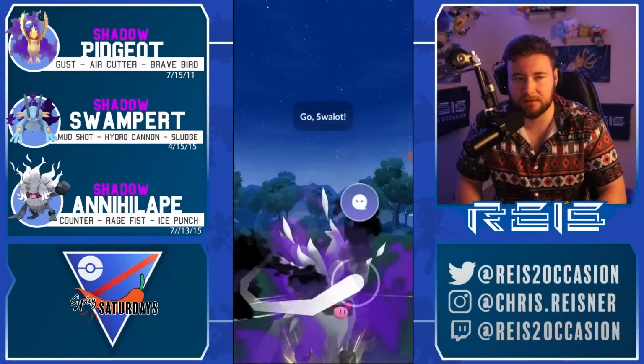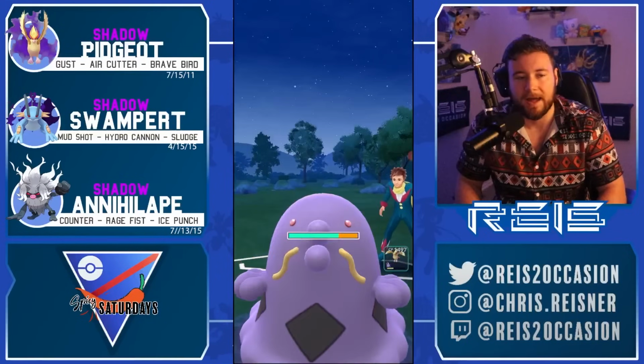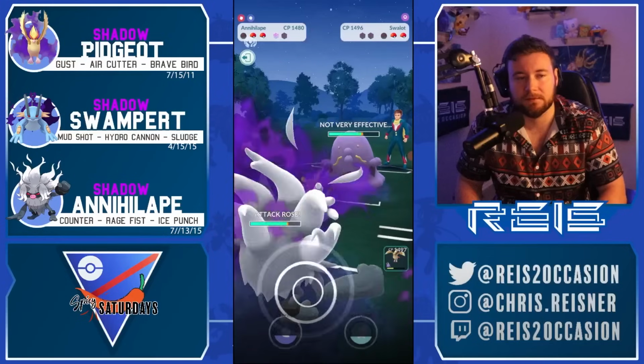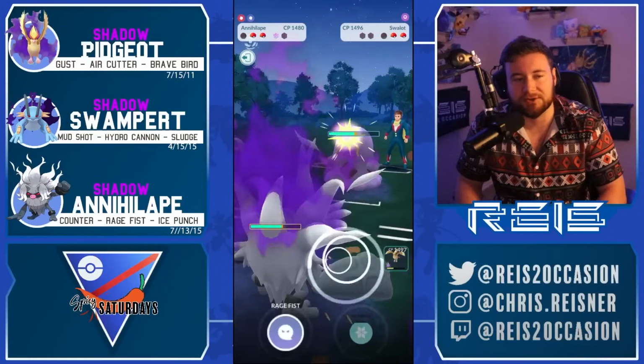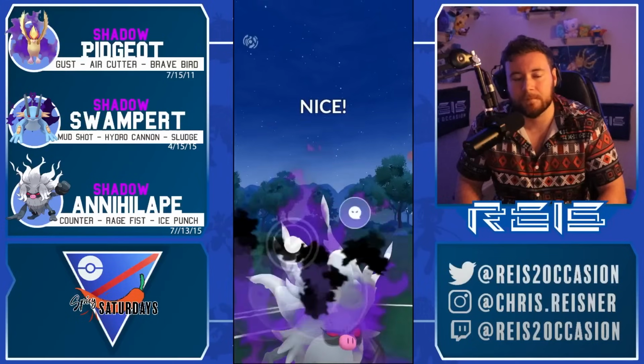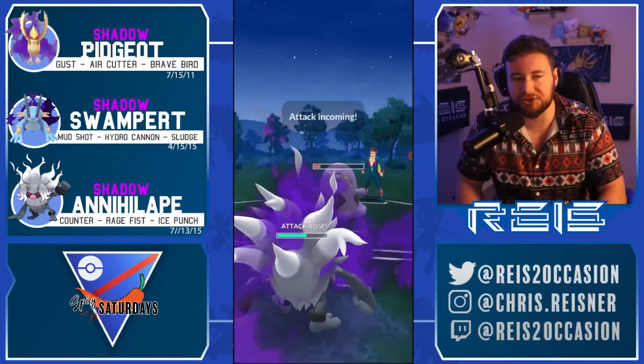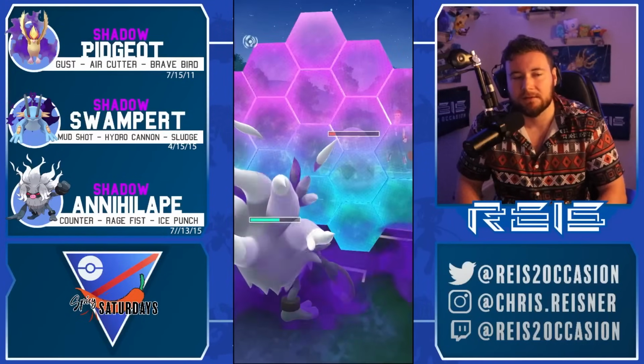Okay, they catch on a Swalot, though. And Swalot has to go to Ice Beam for significant charge attack pressure. We're going to throw here. I think this is fine. Because we can simply shield counter down. And then...